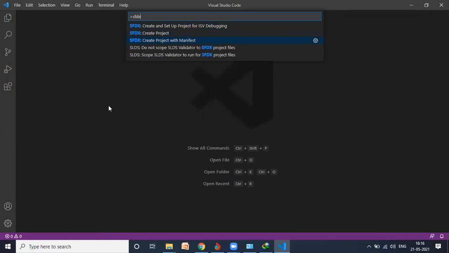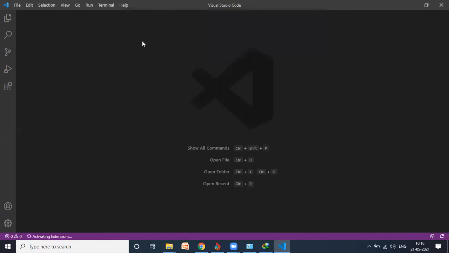Now what's the first thing we need to do? I want to create a project, so project with manifest. For that I need to create a workspace. So basically here, what I will do, I will click. Now as you can see here, activating terminal. Okay, it will take some time.